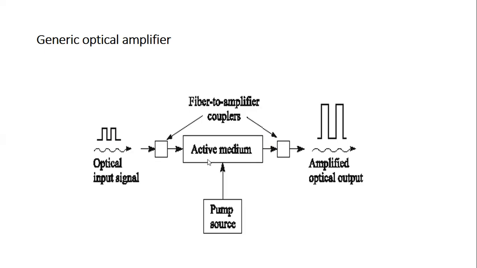this active medium. So the electrons present in this active medium get excited to a higher energy state when they acquire energy from this pump source. So as soon as this pump source supplies energy to this active medium, electrons of this active medium get excited to a higher energy state and create population inversion. And when an incoming photon